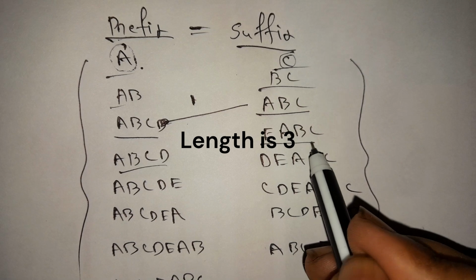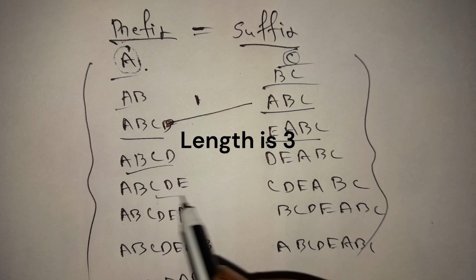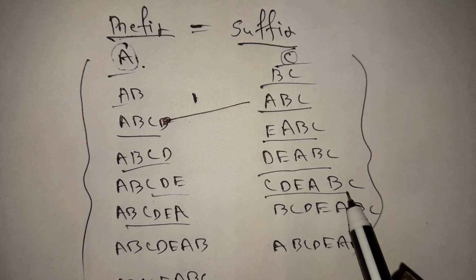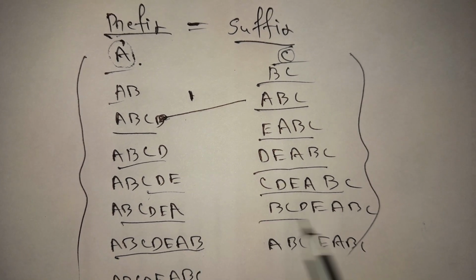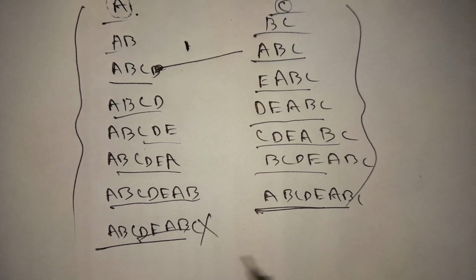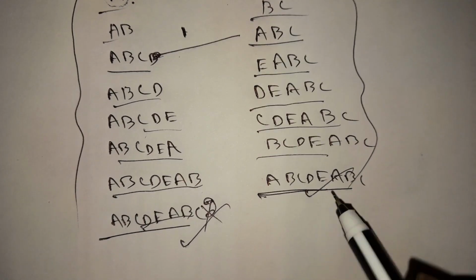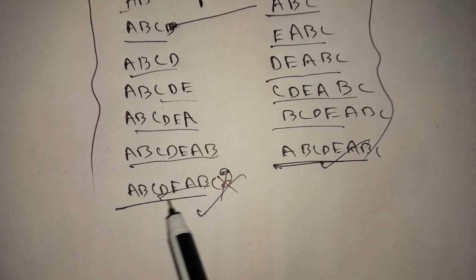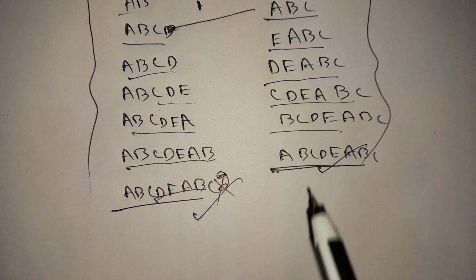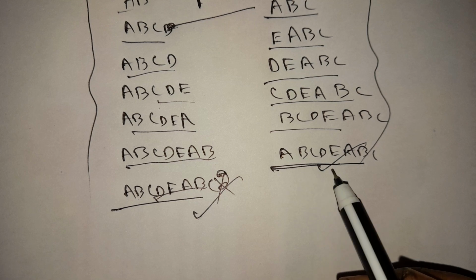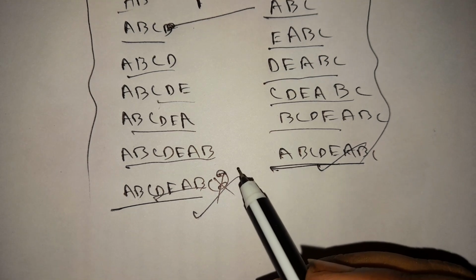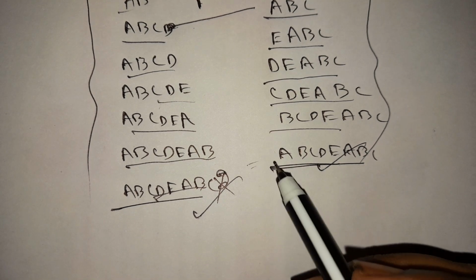Is abcd equal to eabc? No. Is abcd equal to deabc? No. Is abcdea equal to cdeabc? No. Okay, this last one is matching. See, our last prefix is abcdeabc, and the last suffix is abcdeabc. These two are the same. So you can think that you can return this, and